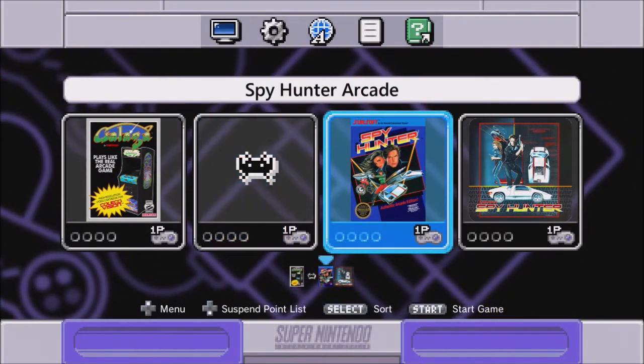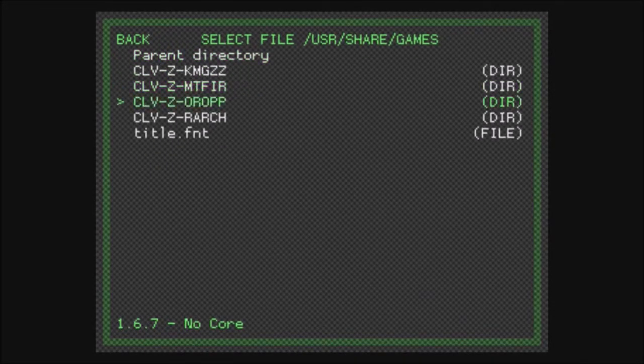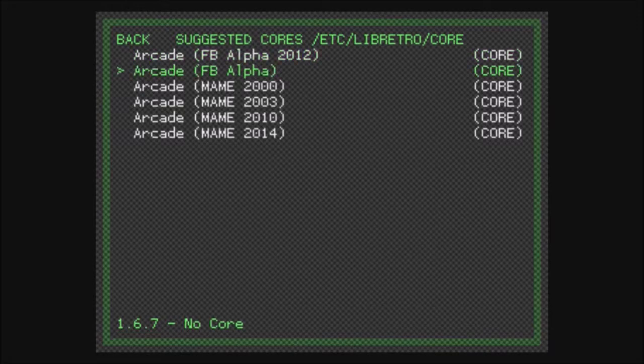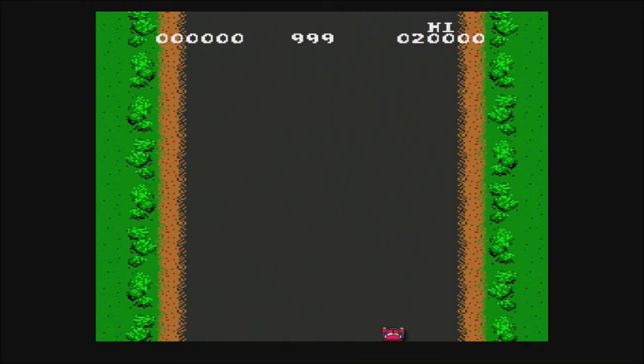So, we're going to try our other one. Right here, from Emu Paradise. I know 2000 should run it. There we go. Quarter up and hit start. The sound you can tell is crackly. Now,